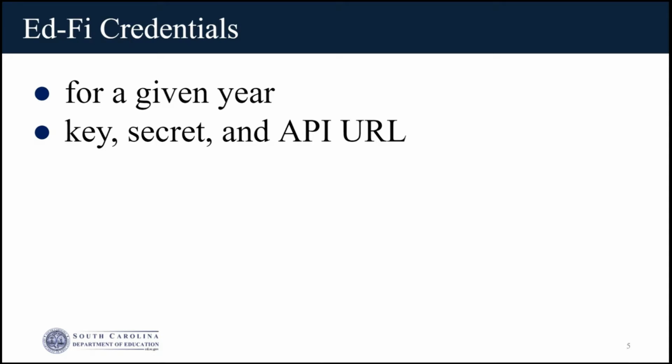And in the past, for those of you who may have connected for last year's data, maybe you did that over the summer, maybe you did that early in the fall. I think all districts have done it, but it may have been someone else in your district. It may have been you who took those steps. You might remember that we used a secure share file to transfer those to you. So that may actually change. We may be using that. It might be some different method of transfer, but regardless, you're still going to have that key, secret, and URL. For our purposes today, we'll assume a similar delivery method.